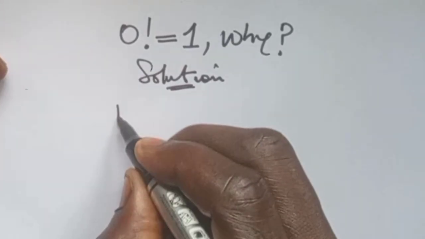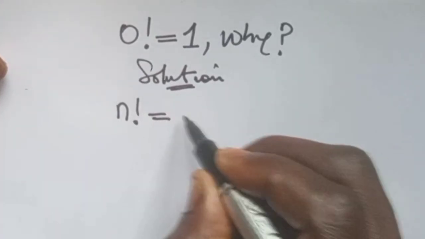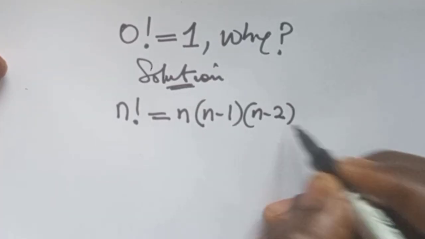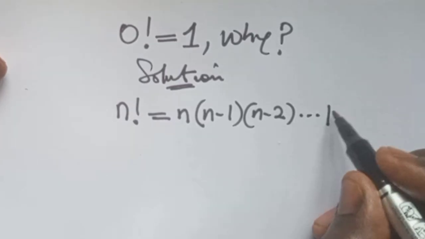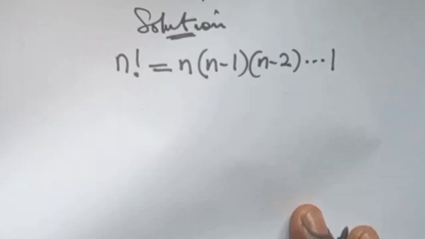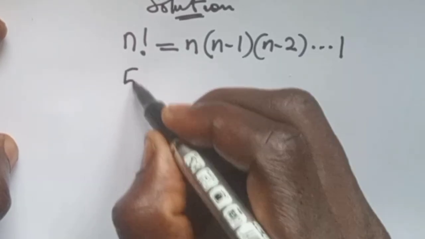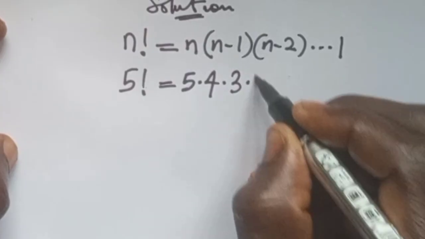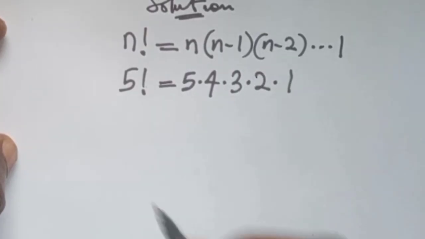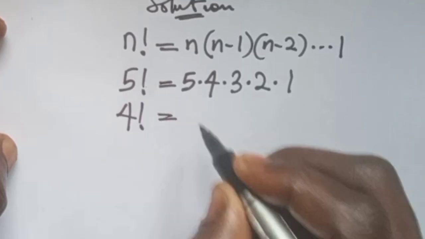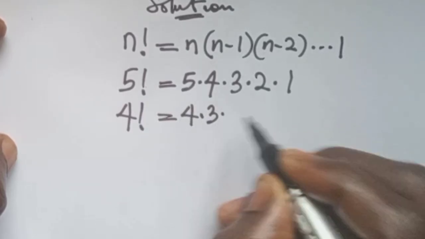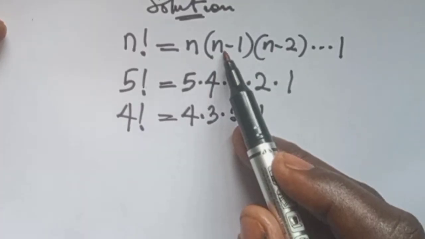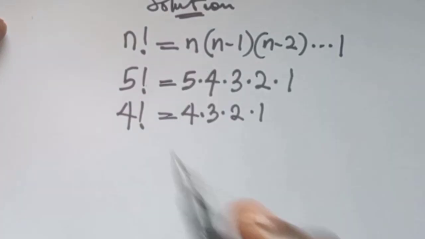To compute a factorial, n factorial is taken to be n times n minus 1 times n minus 2, and we continue this until we arrive at 1. For example, 5 factorial is represented as 5 times 4 times 3 times 2 times 1. And of course, 4 factorial is represented as 4 times 3 times 2 times 1. So in each of these cases, the next number is 1 less than the previous one. So using this formula,